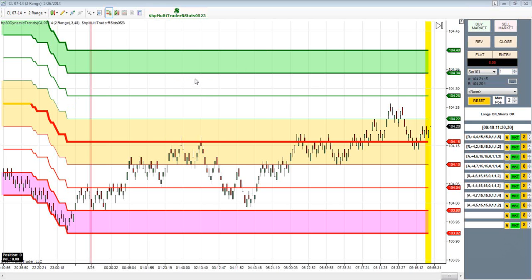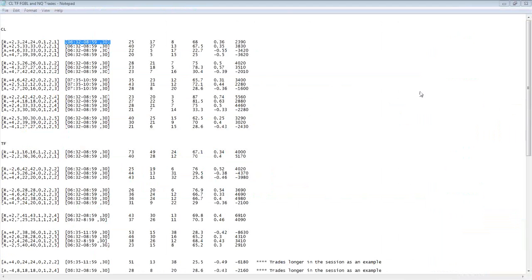In order to do that, I'm going to go to the notepad that I've saved for the crude oil trades. So this is the crude oil notepad. Notice the last number, 1, always pertains to the day of the week. 1 is Monday, 2 is Tuesday, 3 is Wednesday, 4 is Thursday, 5 is Friday. So you see today on Monday we potentially have 4 trades from the time period 6:32 to 8:59